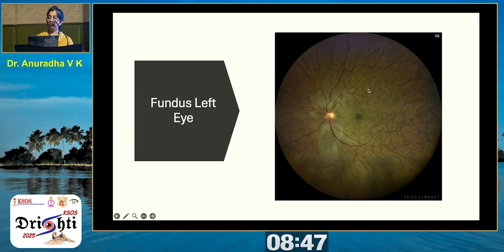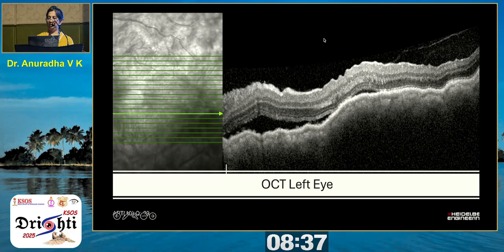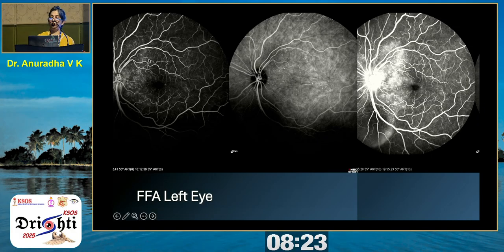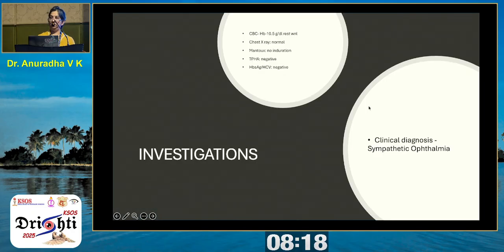The doctor who examined her in retina happened to note the choroidal folds and a subretinal pocket of fluid around the disc. So she was referred to the uvea department, and the OCT confirms the presence of SRF, choroidal thickening, and RPE undulation. A B scan of both eyes shows thickening in both eyes with exudative detachment in the right eye. FFA shows the typical pinpoint leaks with late pooling here. So a clinical diagnosis was made; all the baseline tests were negative, Mantoux, TPHA, everything else was negative.